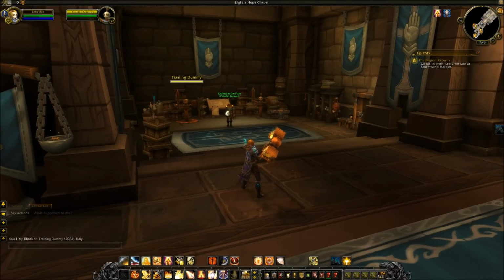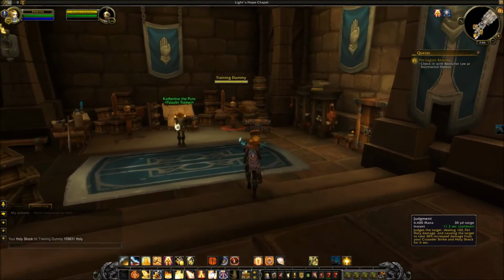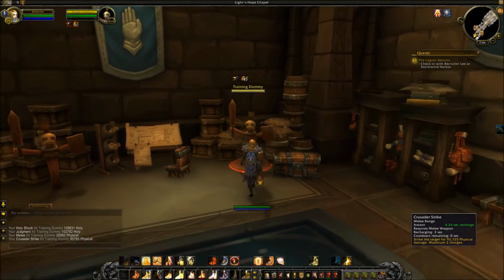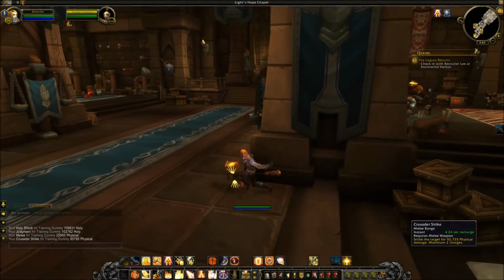Judgment no longer requires a seal. And it now increases damage done to the target by 30% for 6 seconds from your Crusader Strike and your Holy Shock. So, first off, Judgment has a new visual and sound effects, so I'll use it here. You see right there, there's the new sound effect and everything. And then for those 6 seconds, my Crusader Strike, with my 2 charges on it,